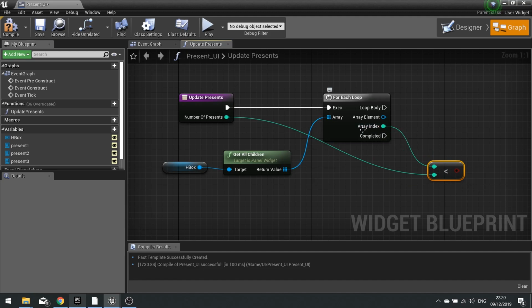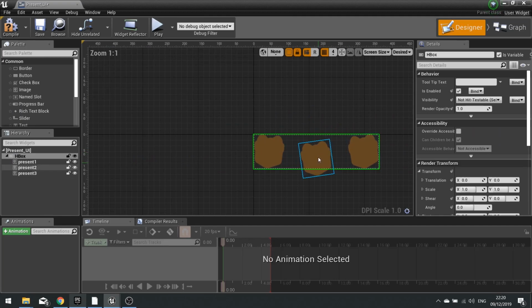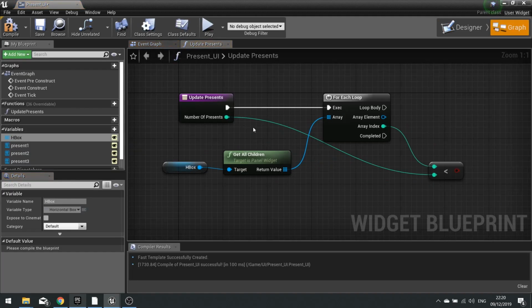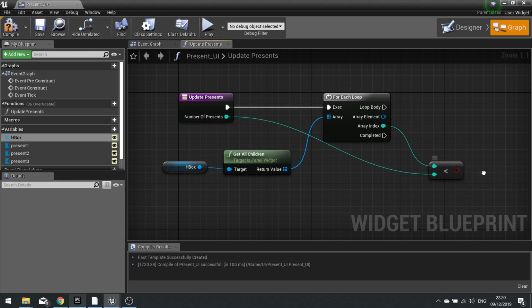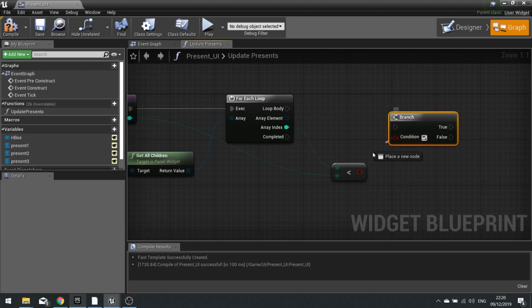So if the array index is, say, 1, okay, 1 is being the middle one here because it goes 0, 1, 2. If it's 1, and the number of presents we've got is only 1, I want the array index for this to be false, okay, because it's not going to be true. And in its current state, it will be the case because the array index will be 1, and the number of presents will be 1 as well, therefore making them equal. If that is then going to be put into a branch,